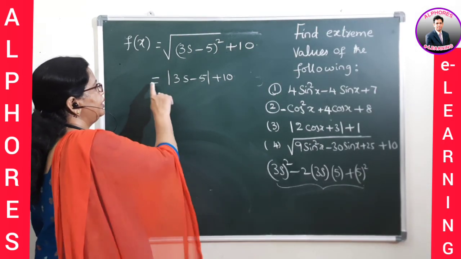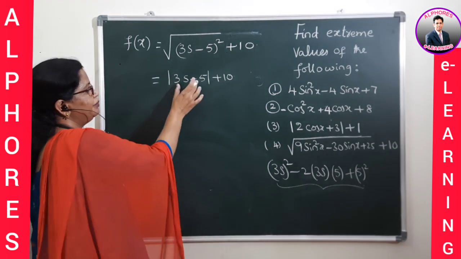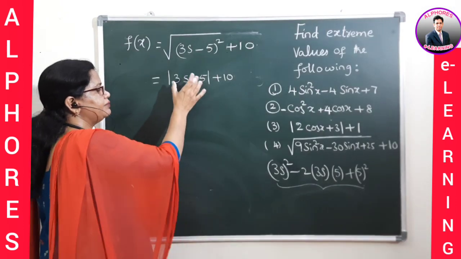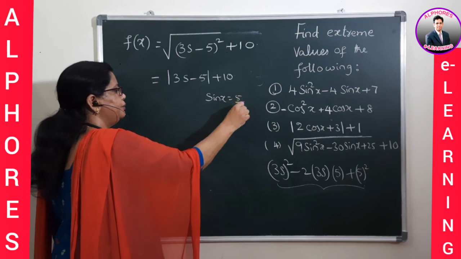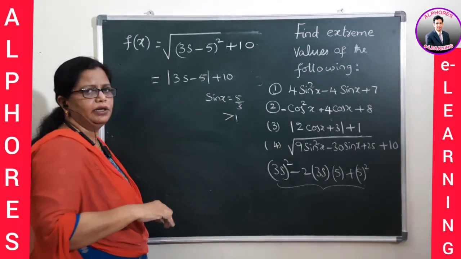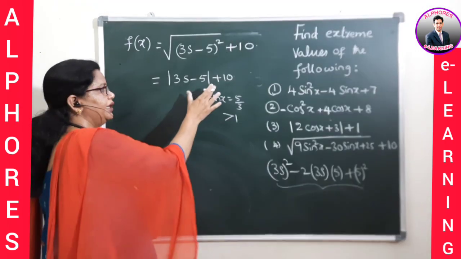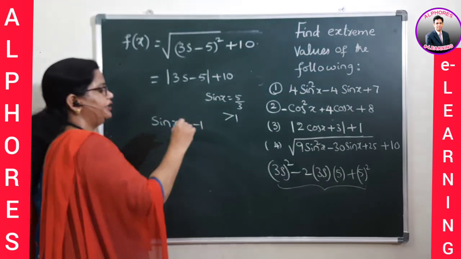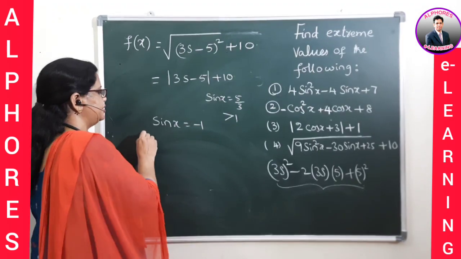So minimum, if I have to consider suppose 10, then 3 sin x minus 5 has to be 0. 3 sin x minus 5 has to be 0 implies sin x is how much you are getting? 5 by 3, which is more than 1. Therefore, here you are not supposed to take this kind of formula. So, what we have to take? Sin x, the least value we are substituting. Again, sin x, the highest value we are substituting.